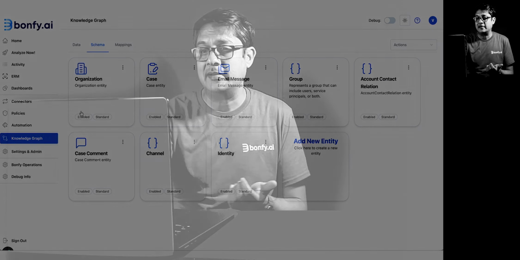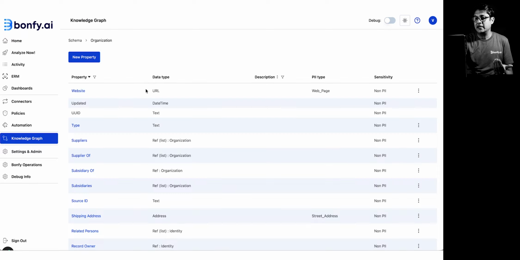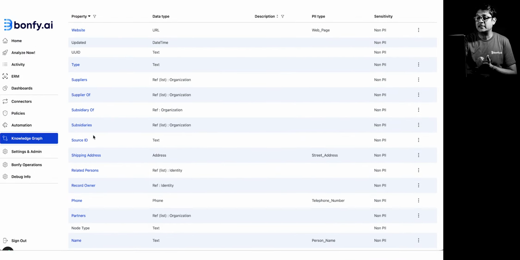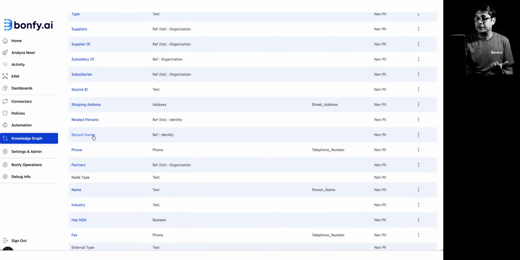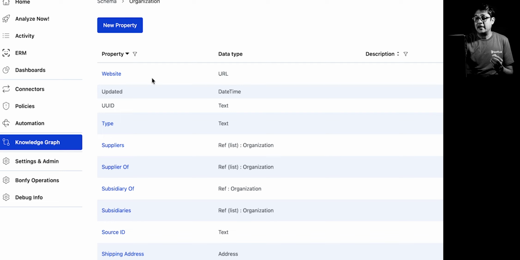So I'm now looking at the knowledge graph part of the product. In this, you can see that there is a schema that is available. Out of the box, you can obviously add and customize the schema based on your requirements. But more often than not, most of these existing out-of-the-box objects suffice the requirements of our customers. You can see organizations, and you can look at the various attributes of that particular object. Very, very rich, very detailed, and you'll see how then we look at